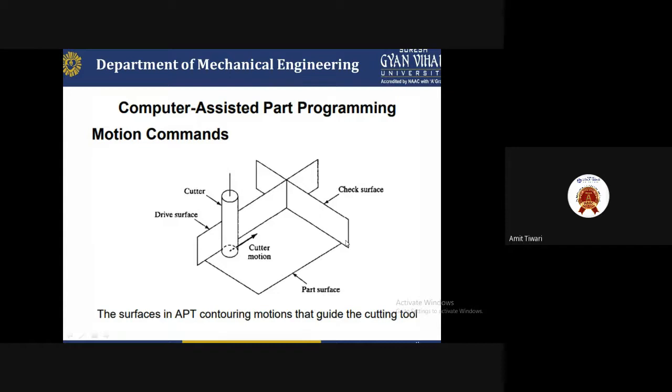It is easy to cut this type of shape if you select CNC milling machines and the motion command. The motion command is easy to operate, but we must decide what dimensions to give to which particular axes. The part surface is used to cut the material with the help of the cutter. As you know, the direction of this particular tool is forward, and after the end of the corner cutter edge comes the drive surface. You can get it done from the check surface direction.